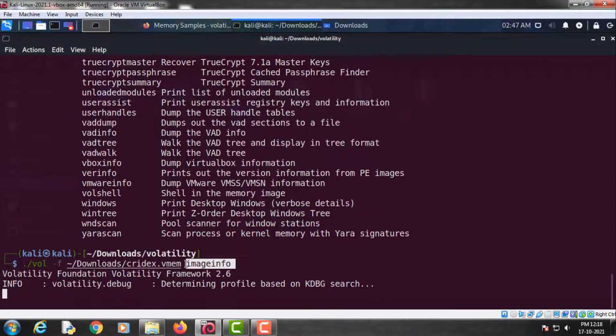This plugin will give us all the required information about this Cridex memory dump. It takes some time. You will have to wait until it gives us the required information.